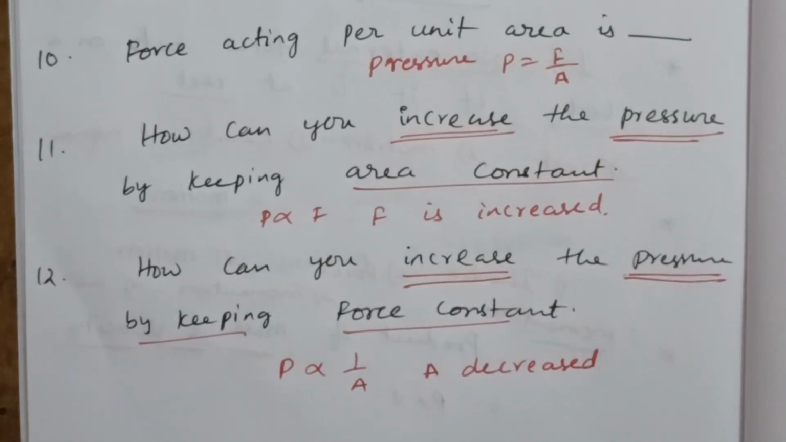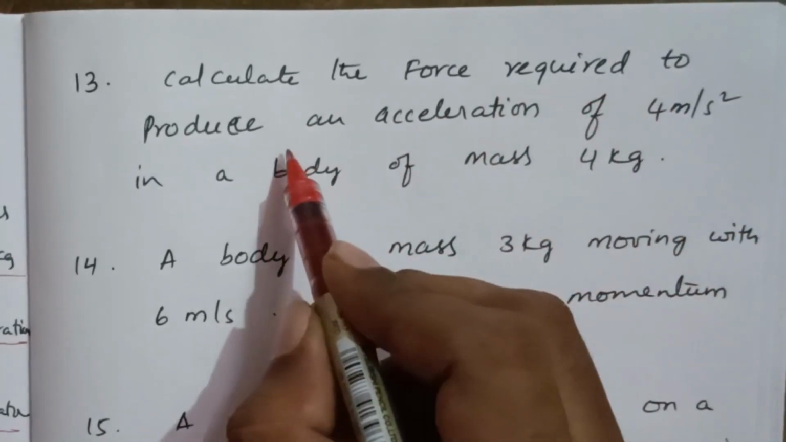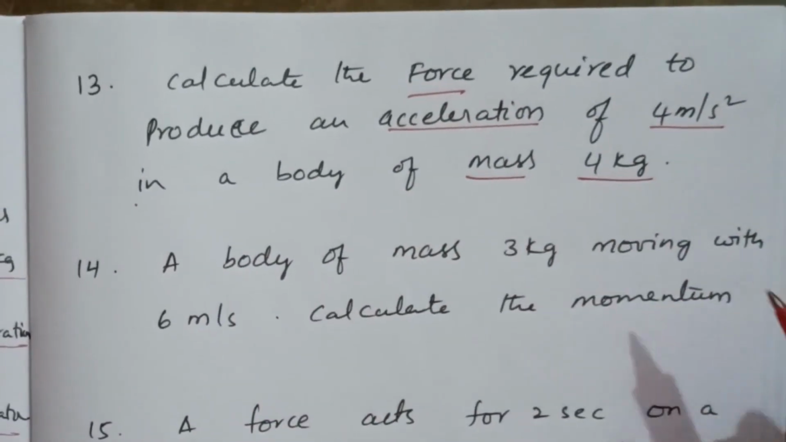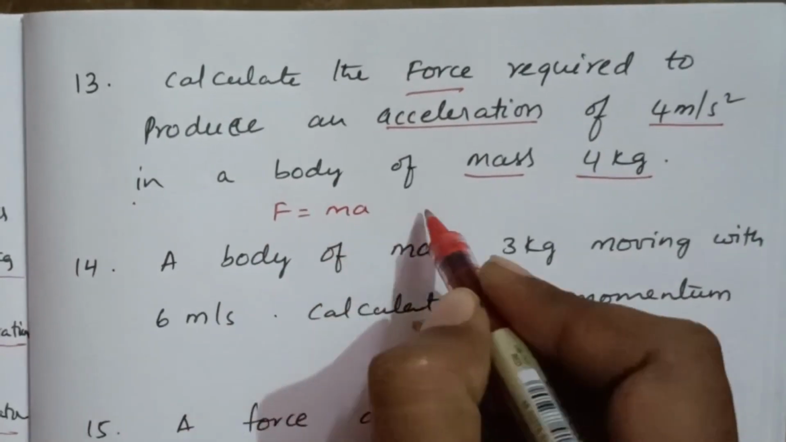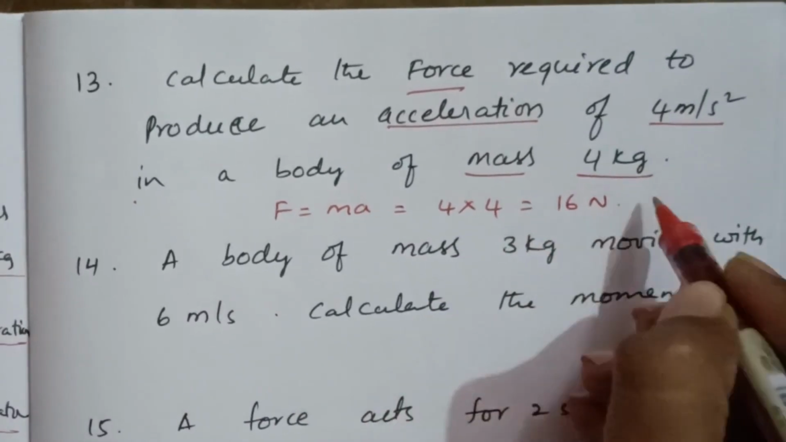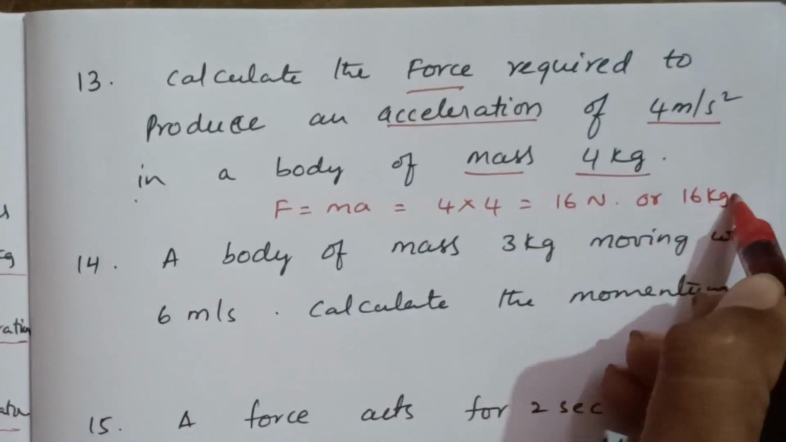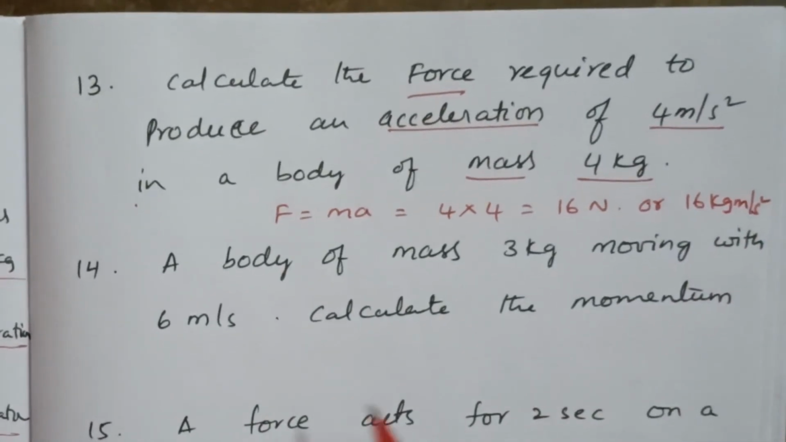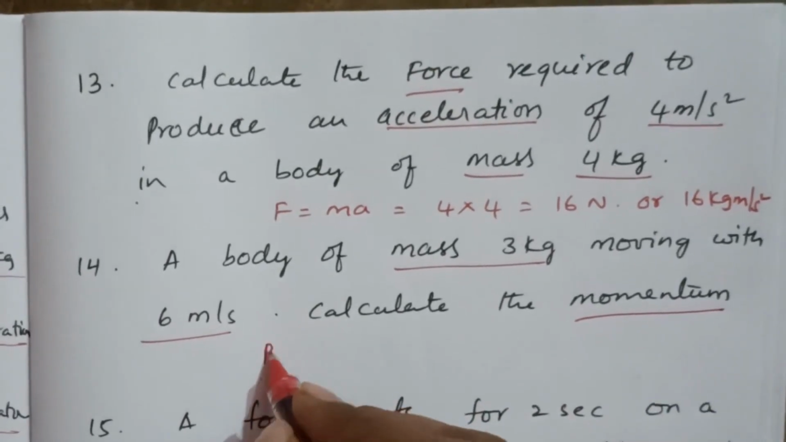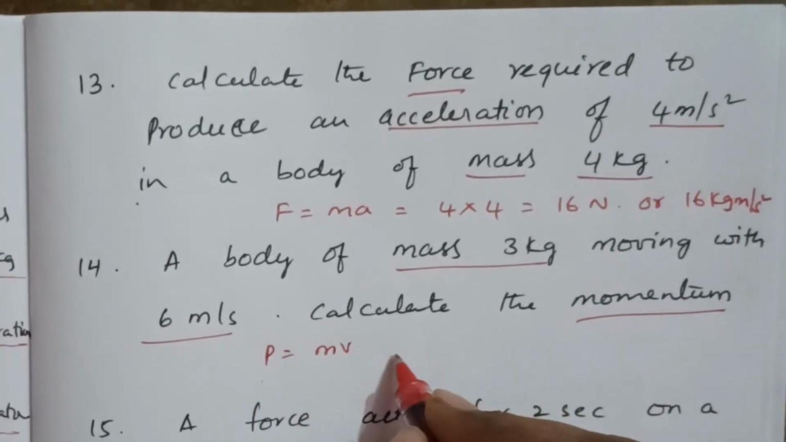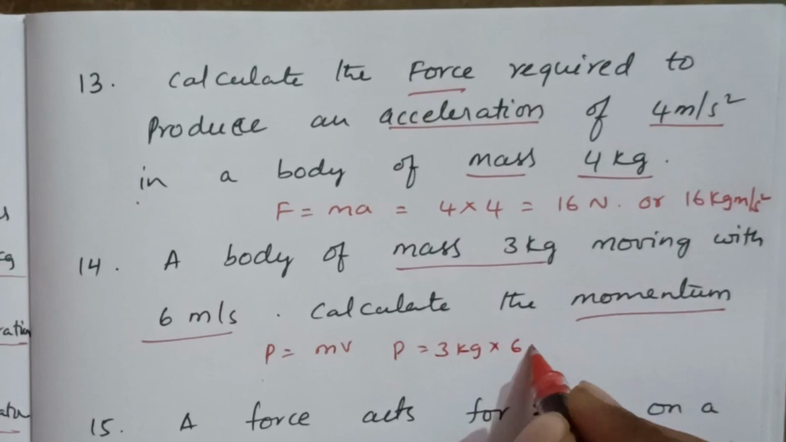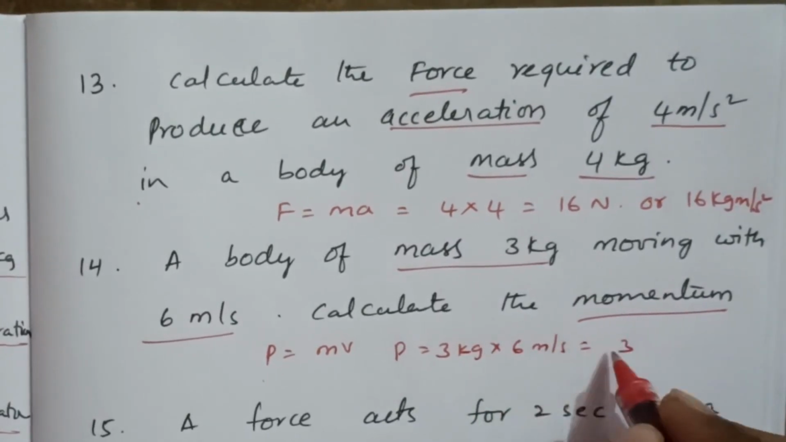Calculate the force required to produce an acceleration of 4 meter per second square in a body of mass 4 kg. Force equal to mass into acceleration. Mass is given as 4, acceleration also 4, so 16 Newton or 16 kg meter per second square. Next, a body of mass 3 kg is moving with 6 meter per second. Calculate the momentum. Momentum equal to mass into velocity. So P equal to mass 3 kg, velocity 6 meter per second, then 3 into 6, 18